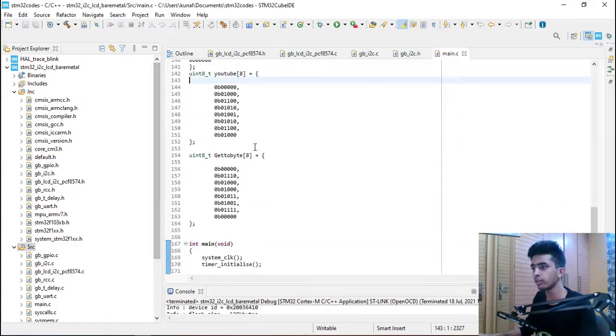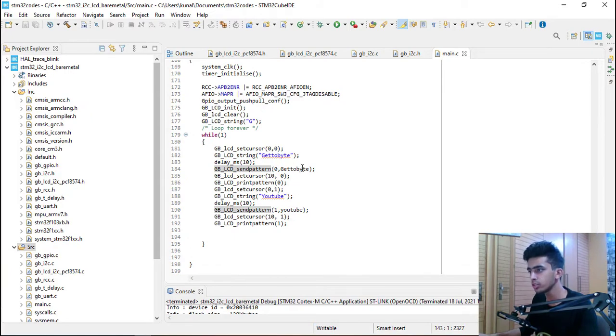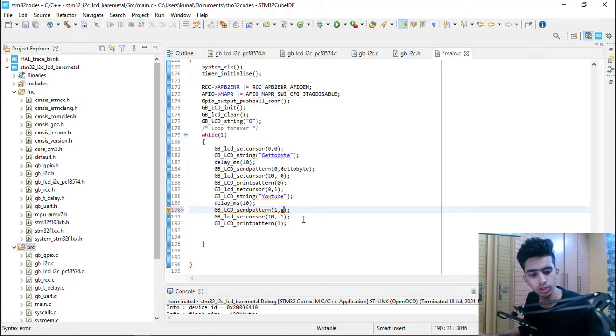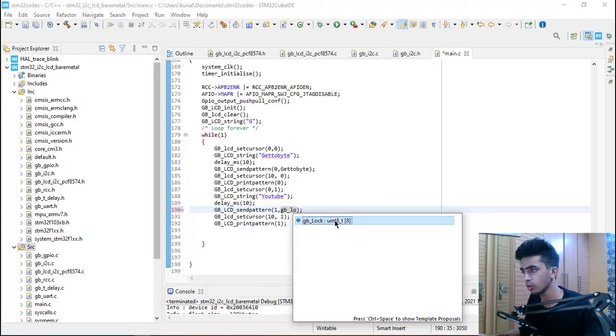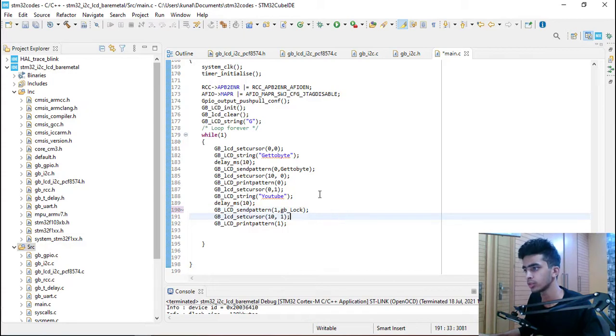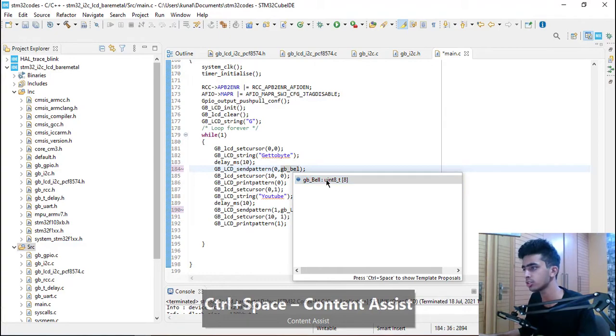In the same way, let me write here a Get to Byte log, GB underscore log, to make you see the different patterns generation.